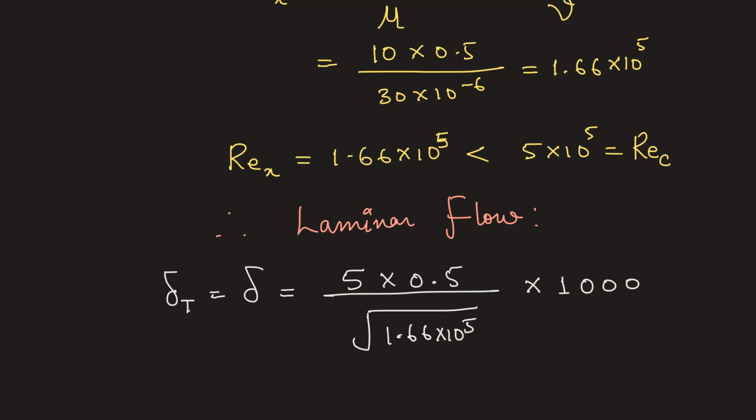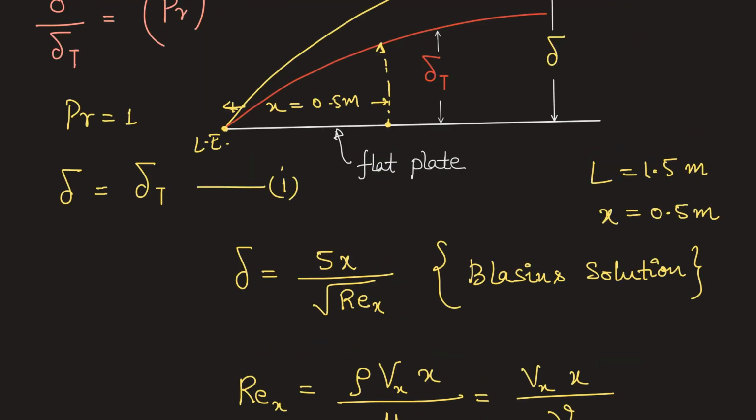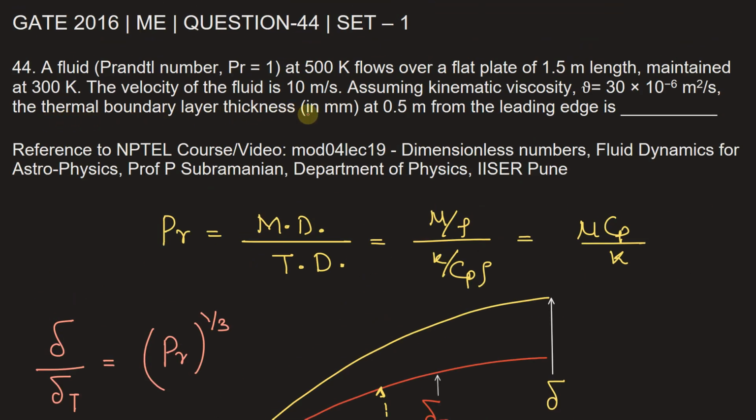Okay, so from here we'll get delta T, which is equal to delta, is equal to 6.12 millimeter. Therefore the thermal boundary layer thickness, which is also equal to the hydrodynamic boundary layer thickness because the Prandtl number is equal to 1, is